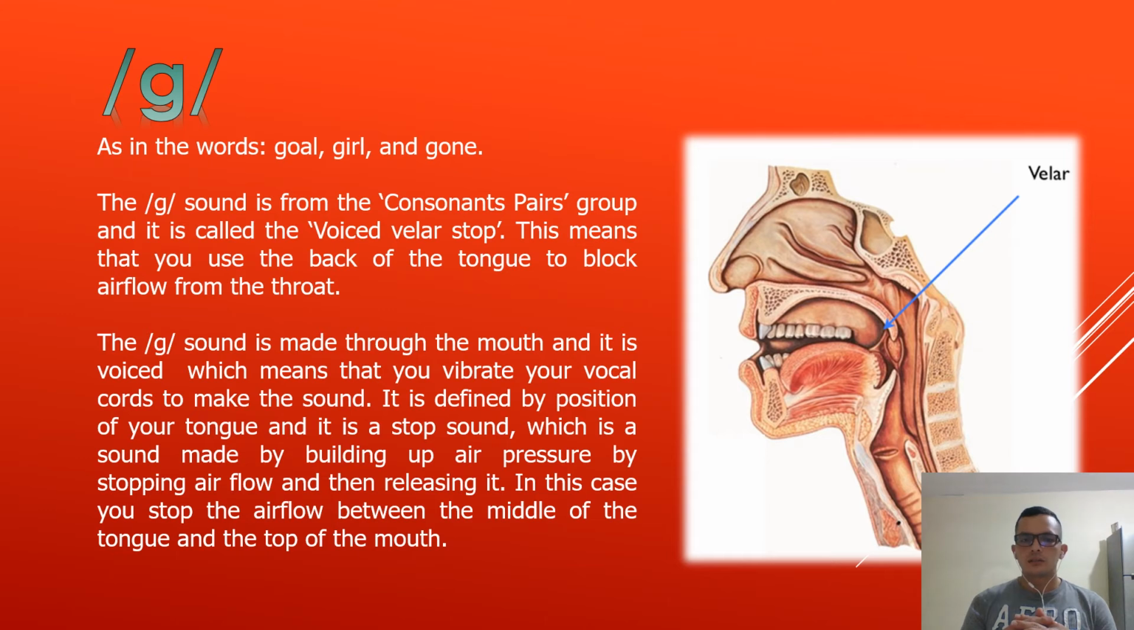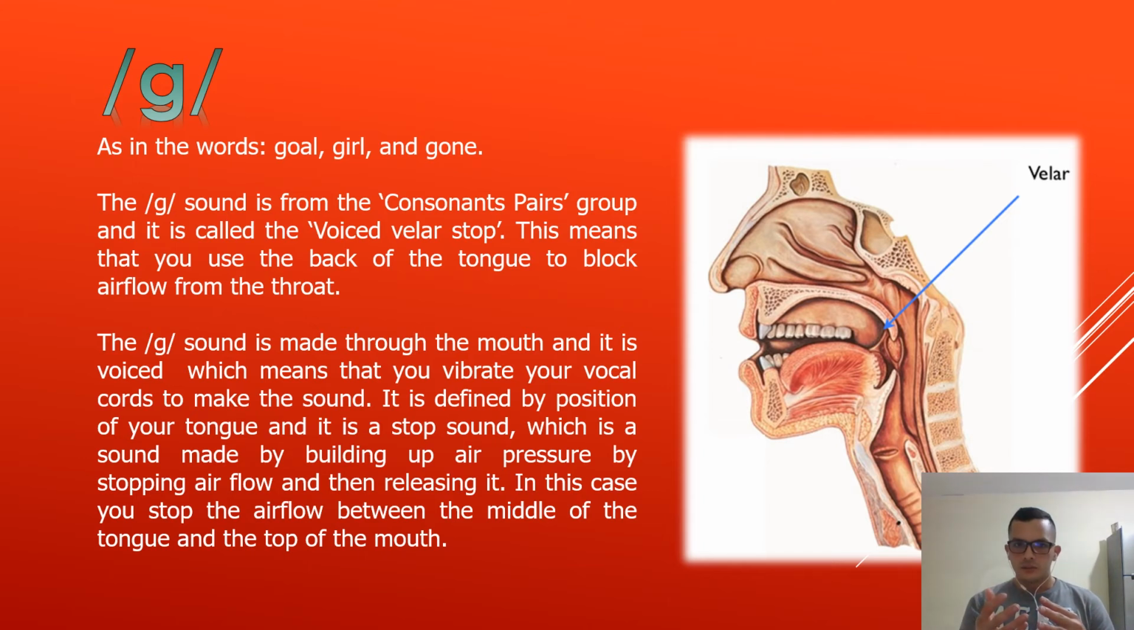This is the g sound, as in the words goal, girl, and gone. The g sound is from the consonant pairs group and it's called the voiced velar stop. This means that you use the back of the tongue to block airflow from the throat. The g sound is made through the mouth and it's voiced, which means that you vibrate your vocal cords to